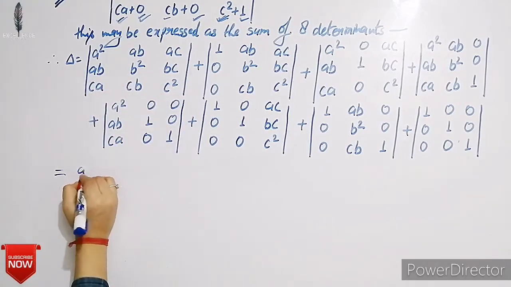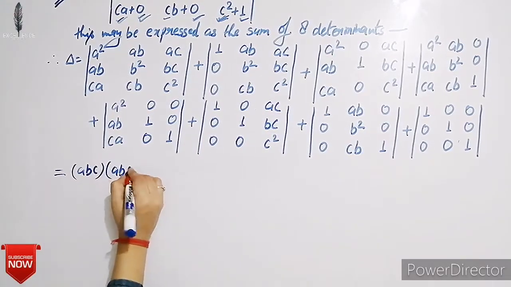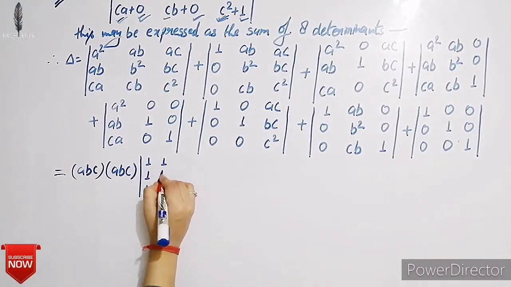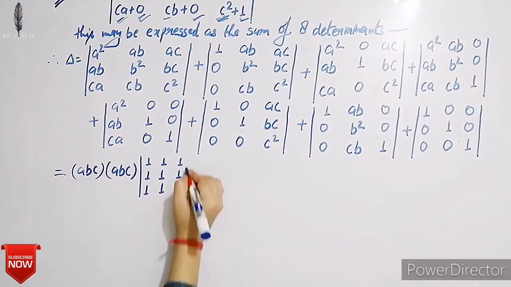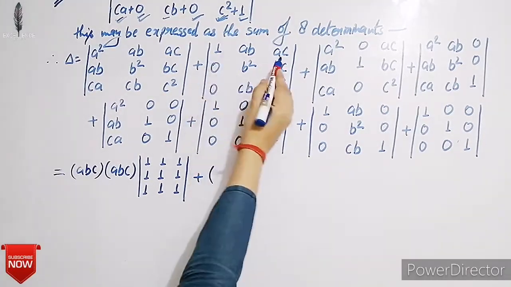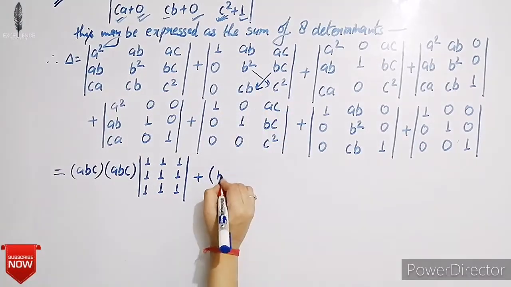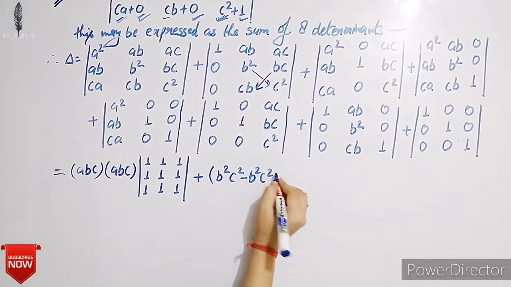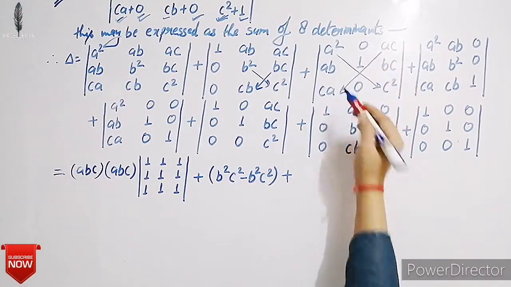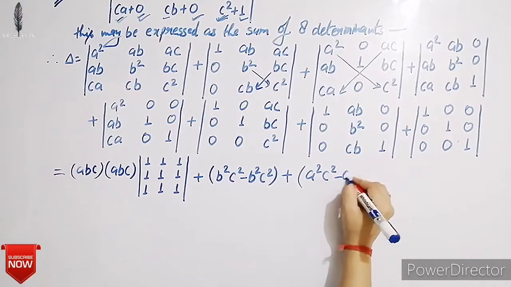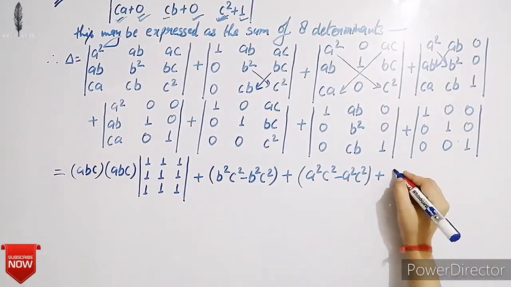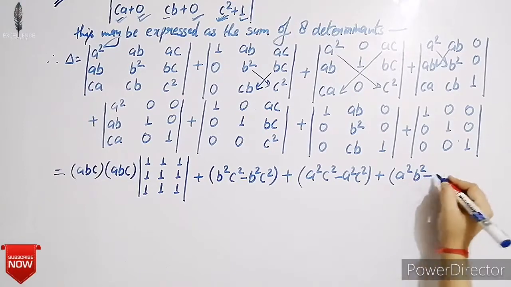taking out A, B, C common from columns and rows, then we get ABC into ABC into this determinant, which becomes 1, 1, 1, 1, 1, 1, and here also 1, 1, 1, plus here expanding along C1, then we get B square C square minus B square C square, plus here expanding along C2, then we get A square C square minus A square C square, plus here expanding along C3, then we get A square B square minus A square B square